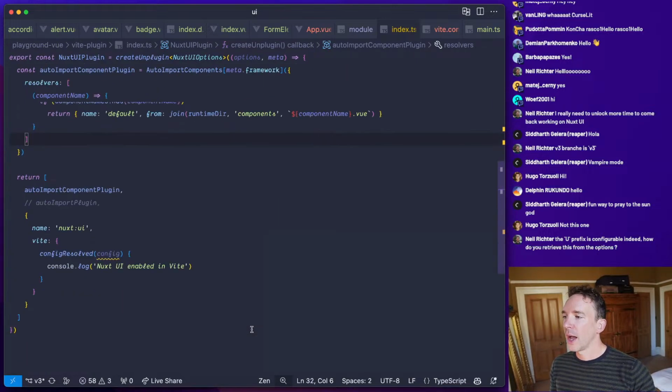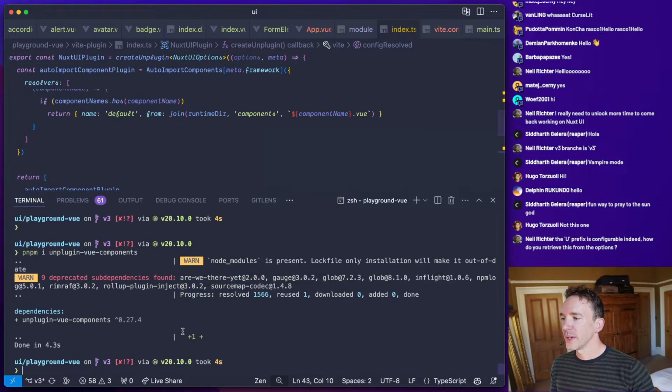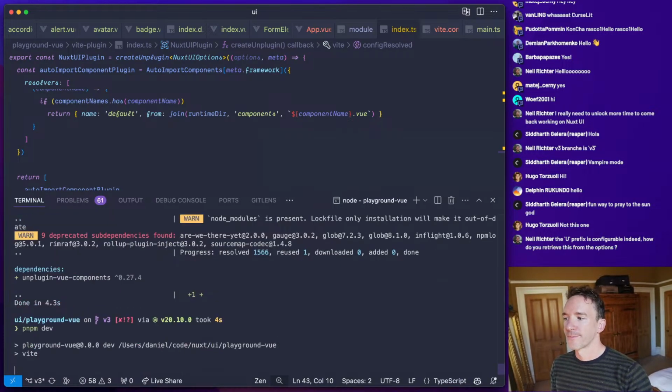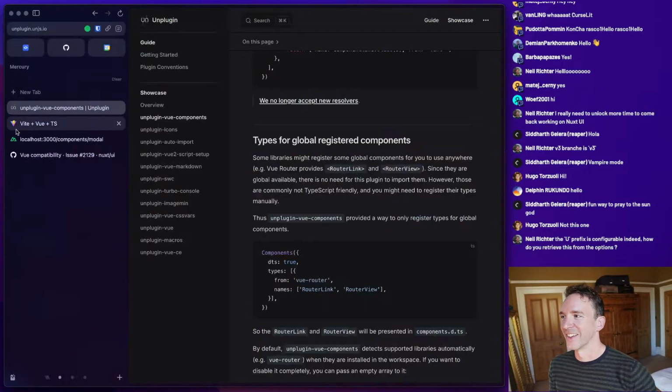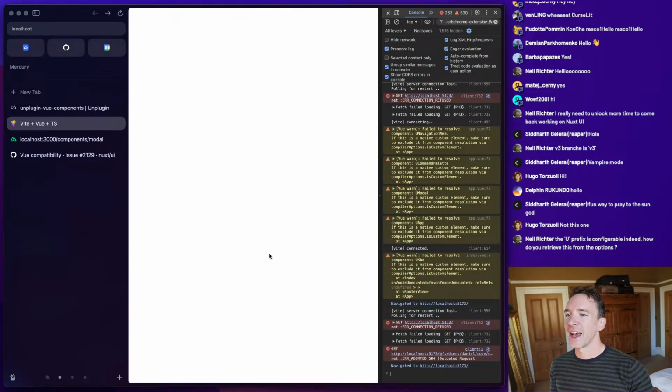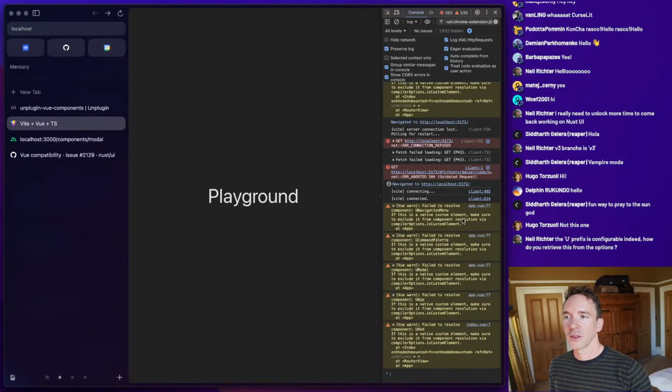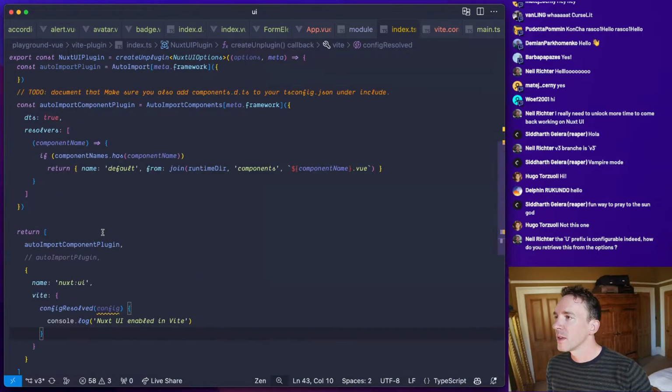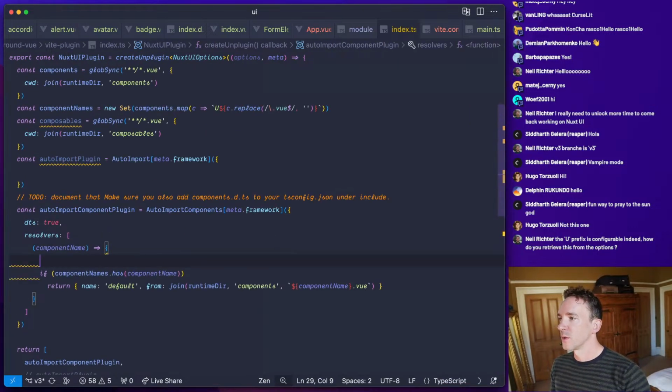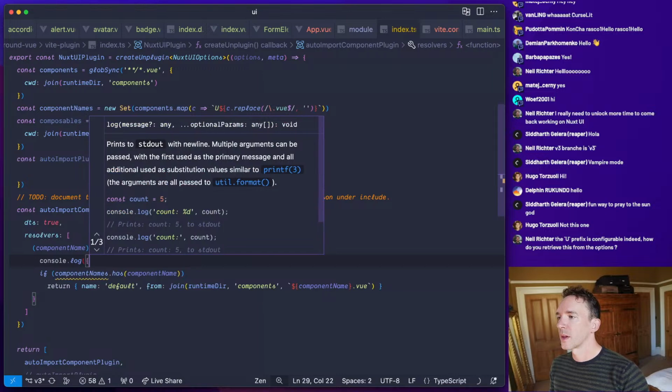Okay, so I would expect if we did this, that maybe we'll get different errors. We're expecting to get errors because hopefully it's going to resolve the components, and then it's going to complain about imports not working into this. It's not resolving the components. Okay, what's being called here? So console log component name.